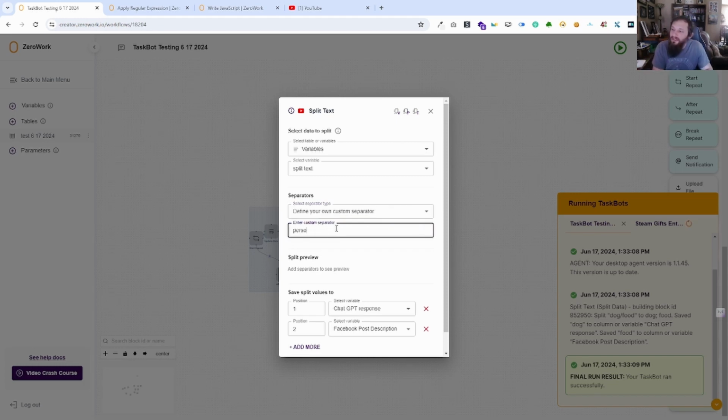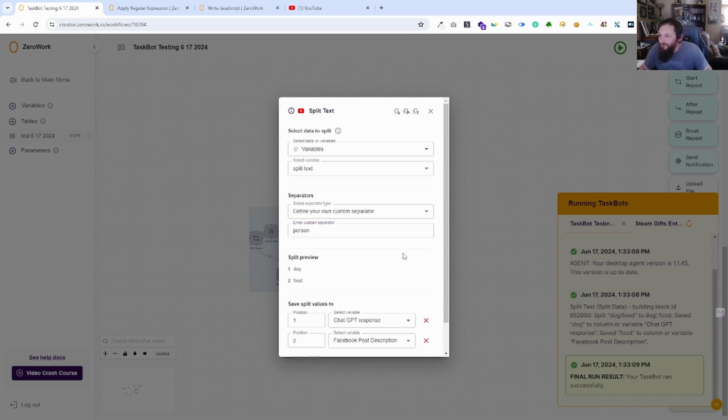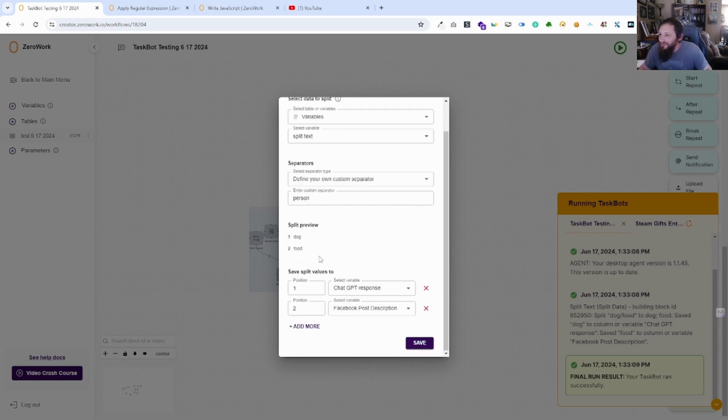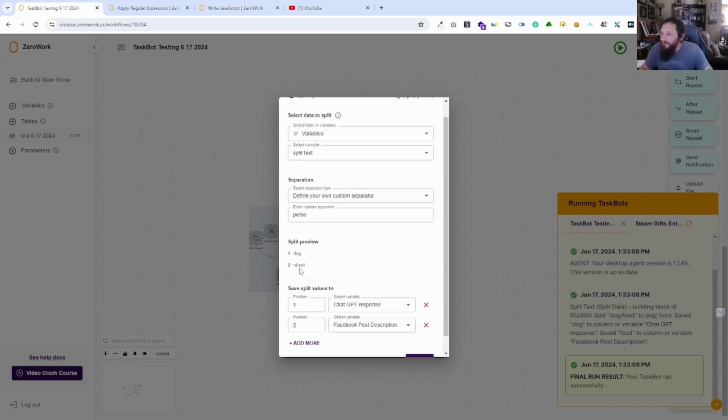Our separator in this case is "dog person" or "person." So you can see now it did the same thing because it's taken out of there. If we took off this and it's "dog perso," what would it do? It would have "n food" because that's there, or "per" will have "sun food." So this is how you can get it into different ones